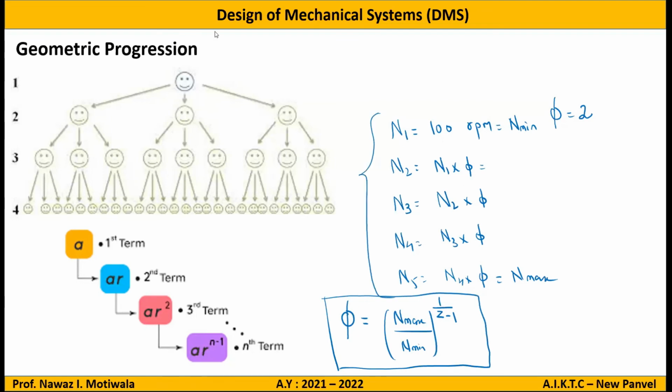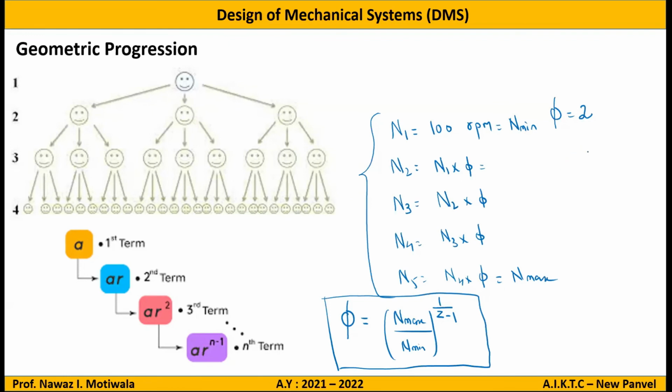Understood? Yes, sir. Okay. So now I want an answer from your side. As soon as you see the question of gearbox design, what will be your first step? Come on, go ahead. Geometric progression. Phi. Correct, simple. The first thing in any problem of gear design, you will find out phi, that is the common ratio. You have n max, you have n min, you have the value of z, you will get the value of phi. And once you get the value of phi, now you can find out all these six